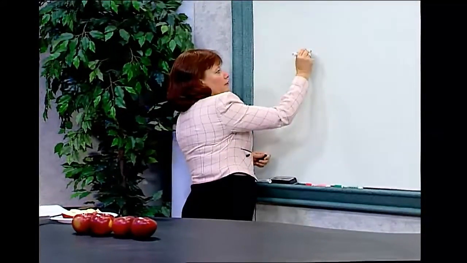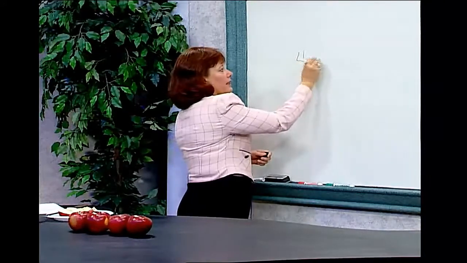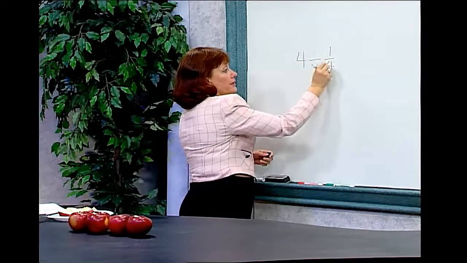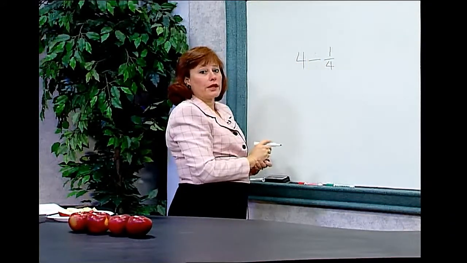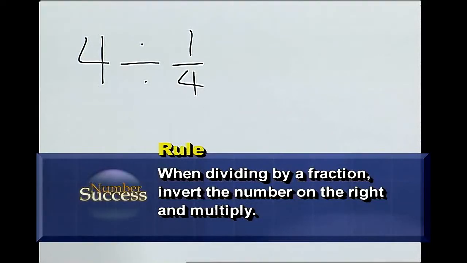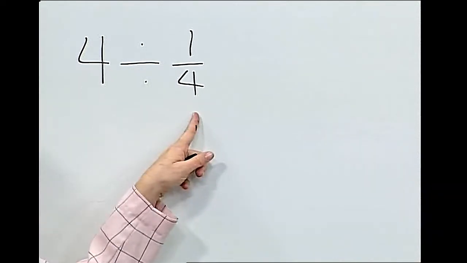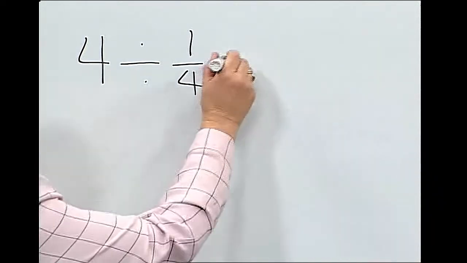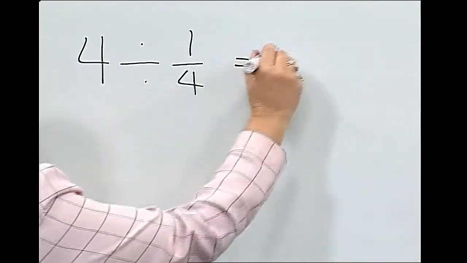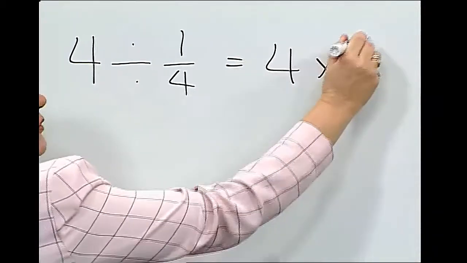If we look at this problem on the board, Phil had 4 apples that he divided into quarter slices. The rule on this would be, when dividing by a fraction, invert the number on the right and multiply. So for our problem, we had 4 apples that we were dividing into quarter slices. If we follow our rule, we're going to take the 4 apples, invert the number on the right, and then